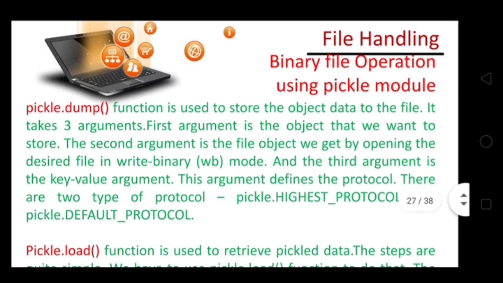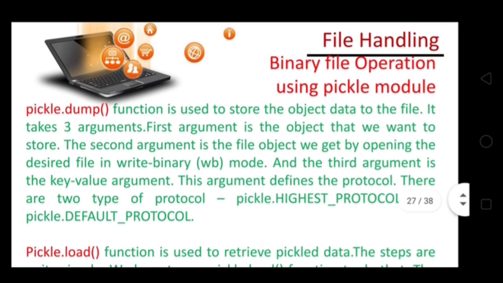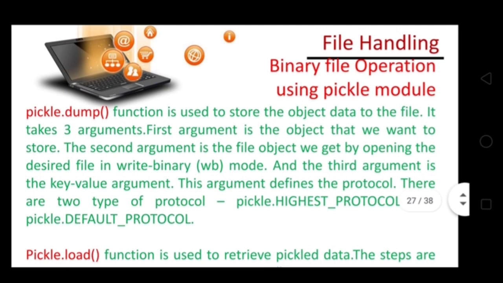The pickle module has two functions associated with it: one is dump and the other one is load. So what is the dump function? Whenever we need to write anything onto the file, the write operation can be performed with the help of the dump function. This dump function takes two arguments. The first argument is the object, whatever structure, list or dictionary we want to store or write. And the next